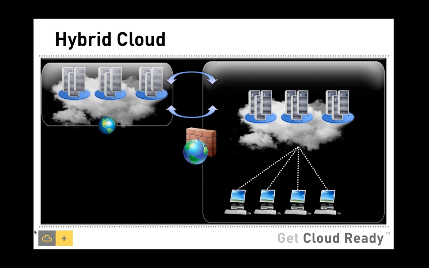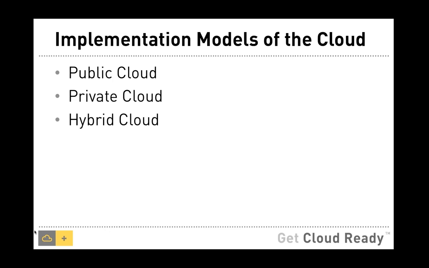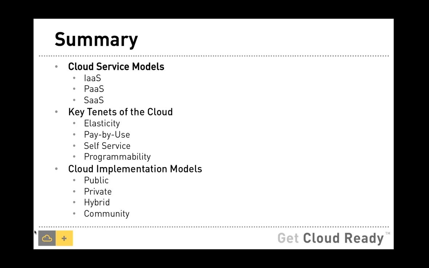So this is going to be very useful for enterprises to move resources back and forth, and also to selectively choose what resources will be exposed to the public world. So this addresses most of the security concerns. Amazon's Virtual Private Cloud, or Windows Azure's virtual networking and Azure Connect, address most of these scenarios. So, just a quick recap, the implementation models are primarily public, private, and hybrid. There is a concept called community cloud, but that is not as popular as these implementation models.